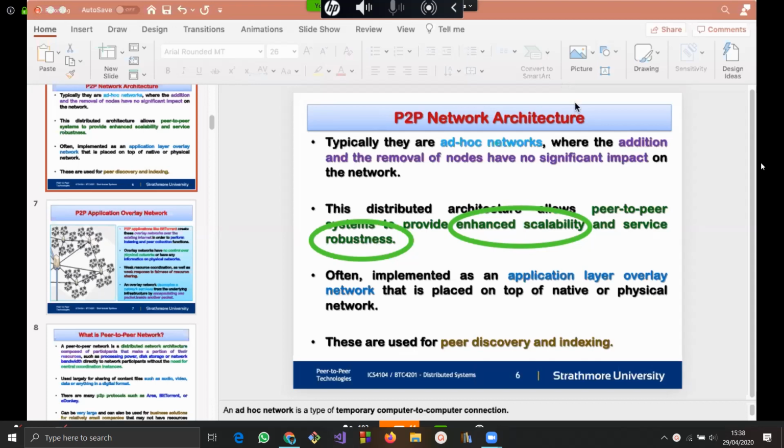So the peer-to-peer technologies utilize an application layer, which we call an overlay network. Basically, just on top of